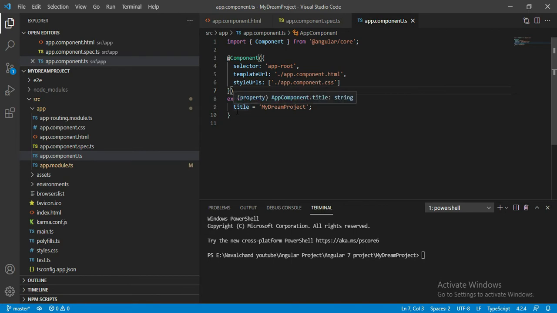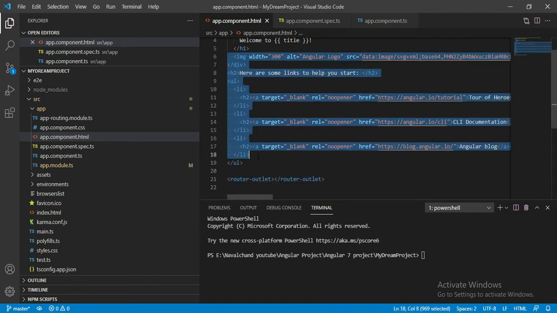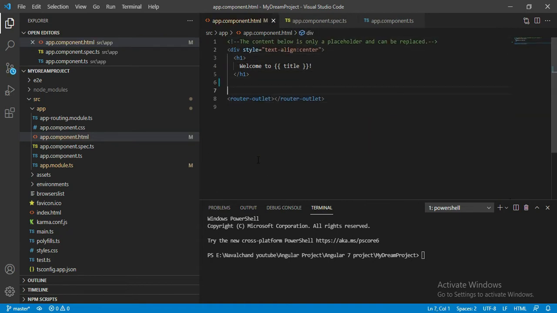Here you can see we define title equal to my dream project. If I open the HTML file, here you can see welcome to, and interpolation: inside the double curly braces, we simply pass that particular variable title. Let me remove this code. Okay, and I'll add one more message: welcome to project name and also name.